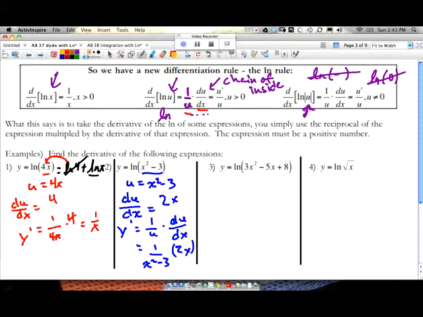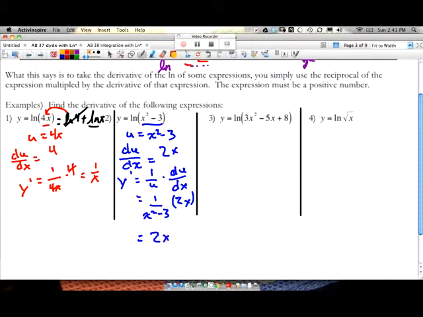Now, of course, you can simplify this, and most likely you would see it simplified. It would say 2x over x squared minus 3. They combine these two fractions into one product, with just one numerator and one denominator. Okay, now these next couple, you can probably start seeing the pattern, do a little bit of predicting, and just